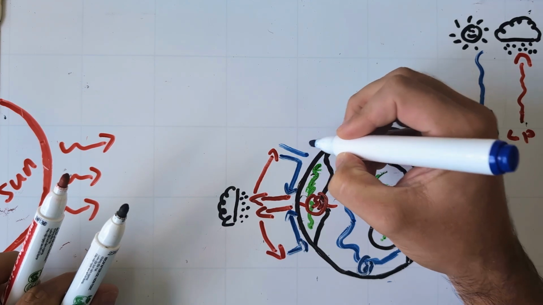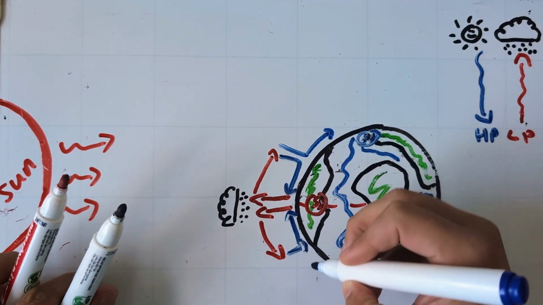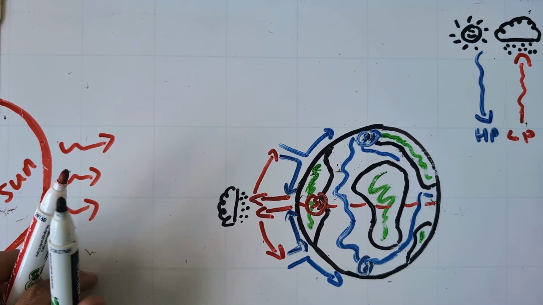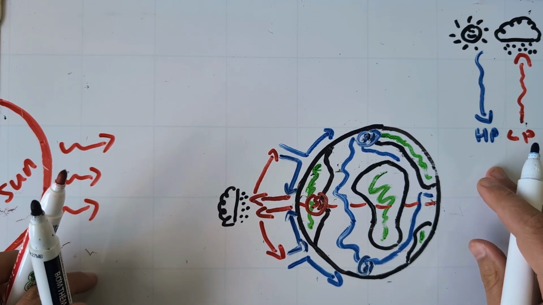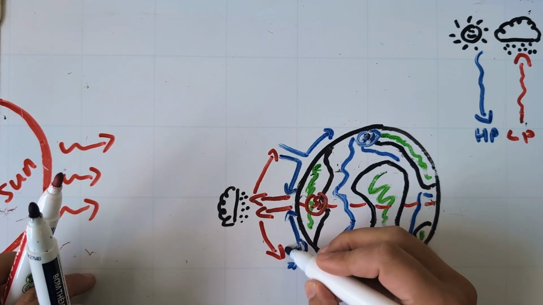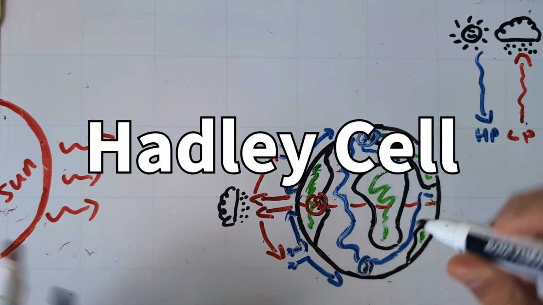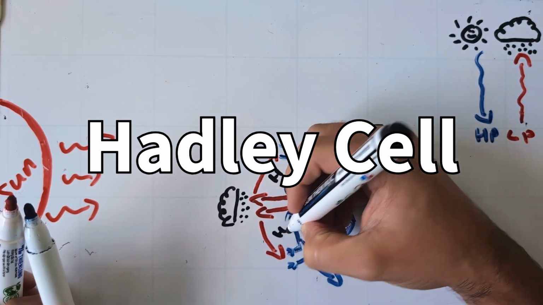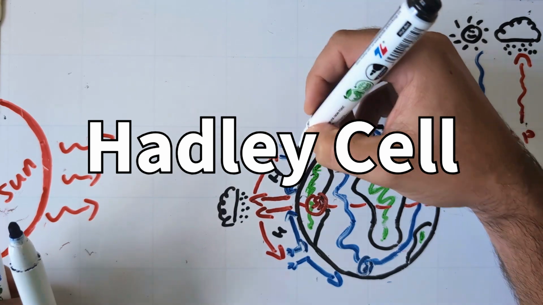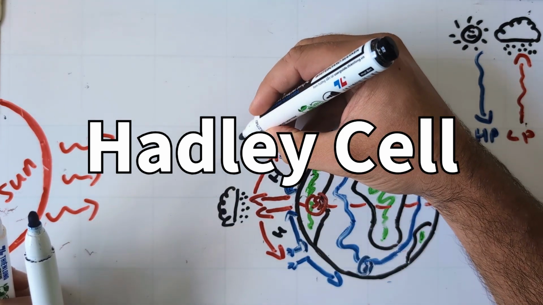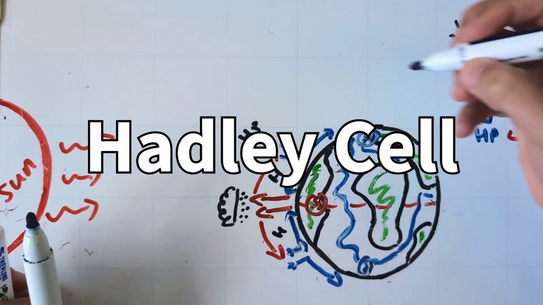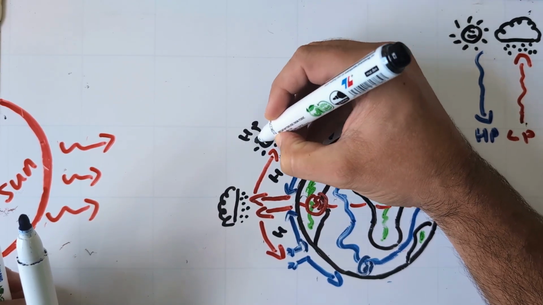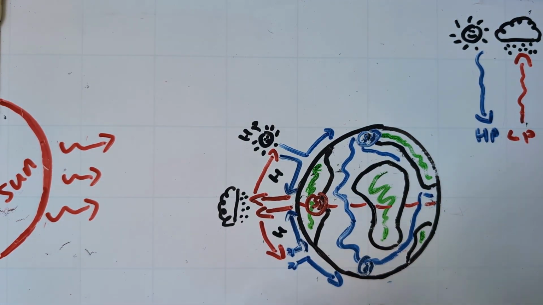When it sinks, as we know, what do we call it when it sinks? I'm sure you're all shouting out at the video. We call it high pressure. Okay, so when air sinks, high pressure. So, basically what we've just seen is the formation of the Hadley cell. But here, the air is sinking. It's an area of high pressure. As we see, high pressure creates clear skies. Okay, so 30 degrees north